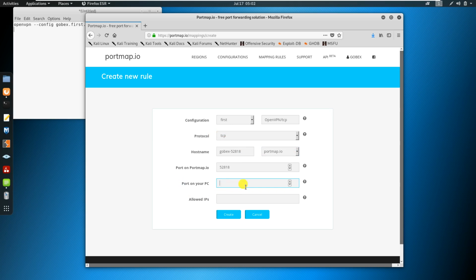Let me enter any random port number. So I have chosen 1337. Suppose you want to use this port forwarding for a specific device, you can enter the IP address of the device, but I want to use it for every device.